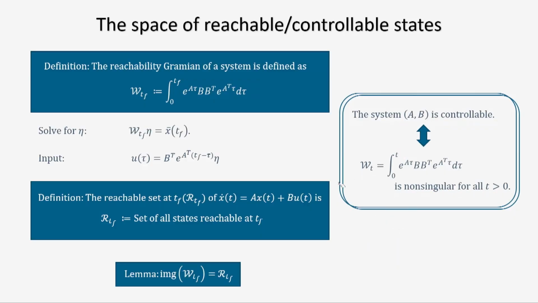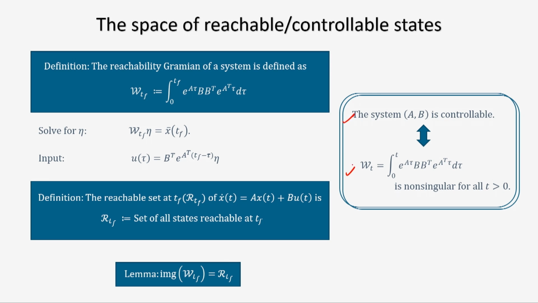Again, I am skipping the proofs here. There are a lot of involved proofs which can always be done, but I am skipping them. You try to understand the idea. WTF was generally used for finding out the inputs that will take me from 0 to some point, in any arbitrary time. If the system is controllable, I can go from 0 to any point. So, in that case Wt must be invertible at any time you give, for the system to be controllable. So, these two statements are equivalent to each other.